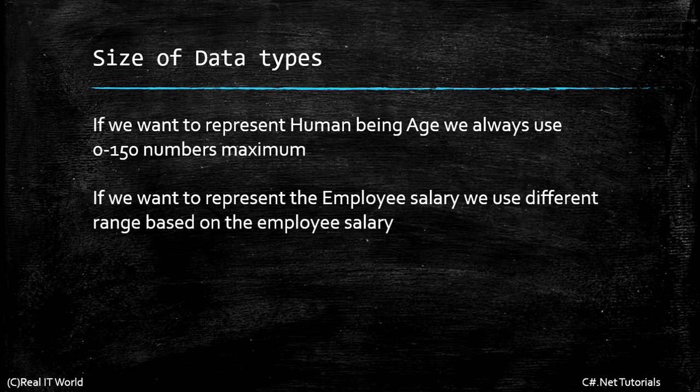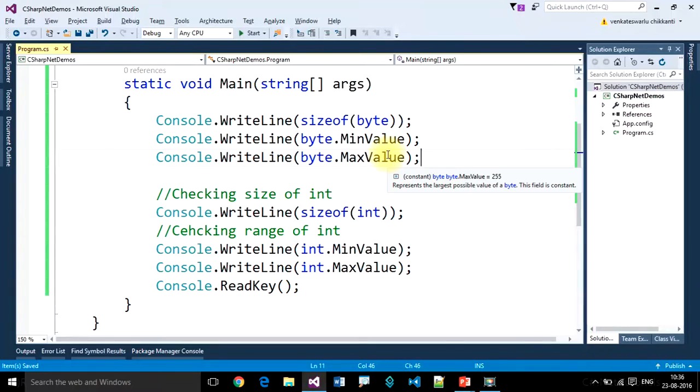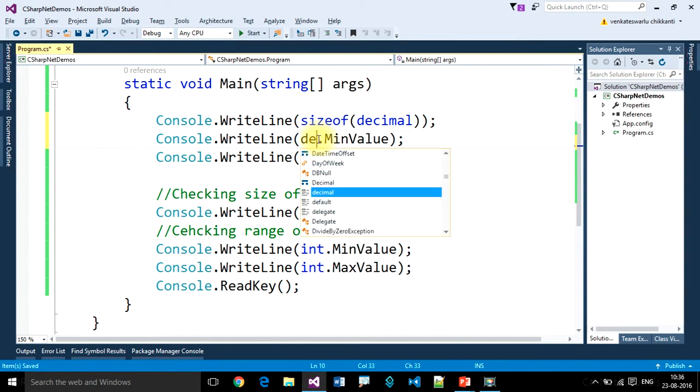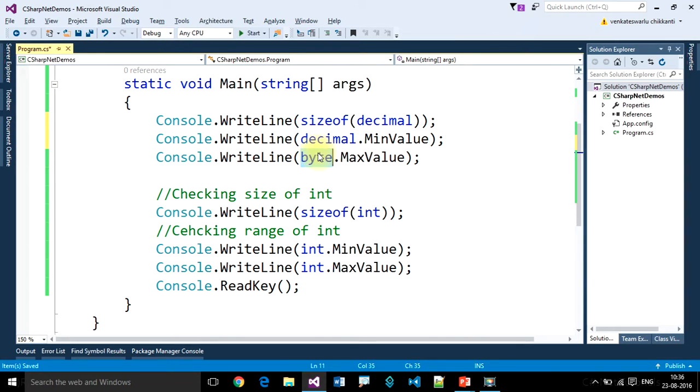If we want to represent the employee salary, we use a different range based on the salary. This is for checking decimal. Remove this, remove this.